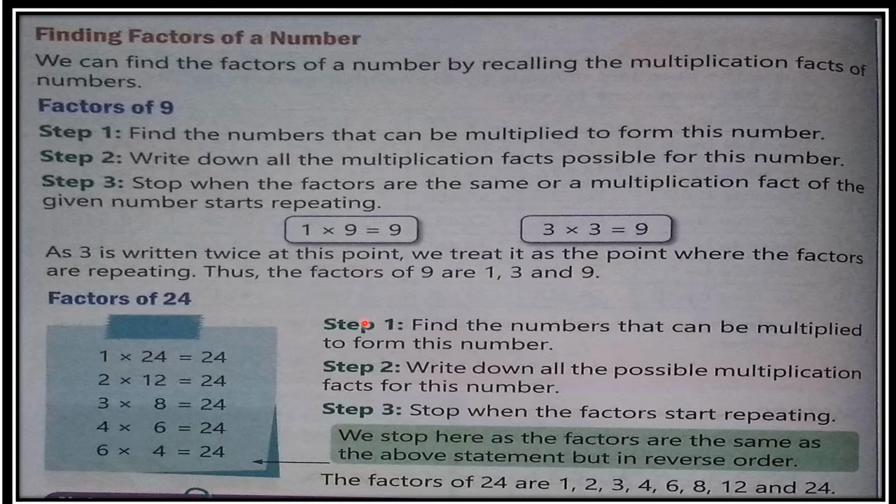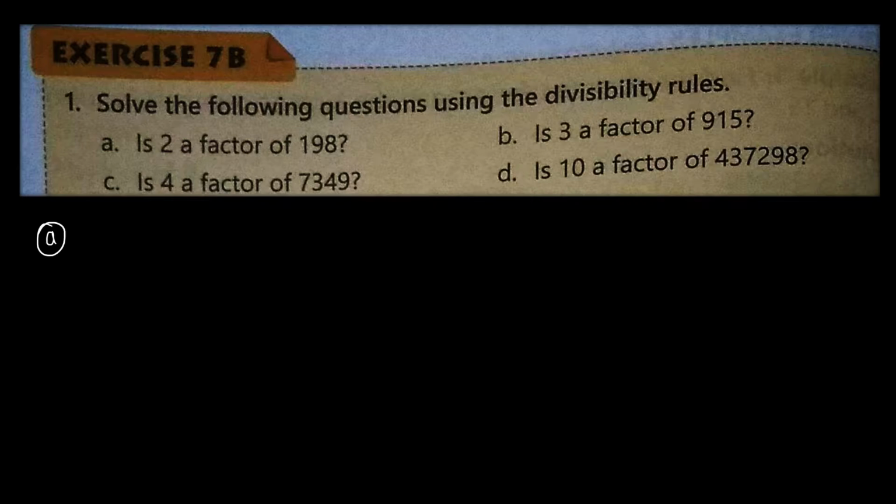So, when do we come to know whether something is a factor of a number or not? If we divide the given number by any number, and the number divides completely without any remainder except 0, that means that number is a factor of the given number. Got it, children?